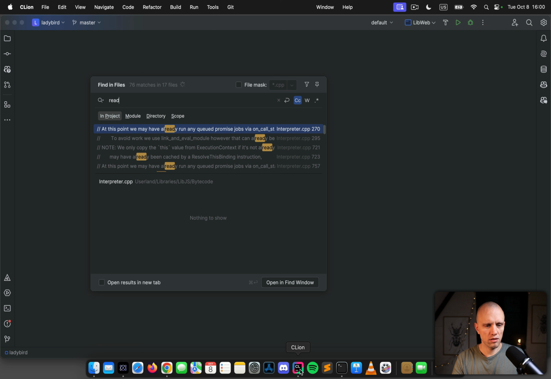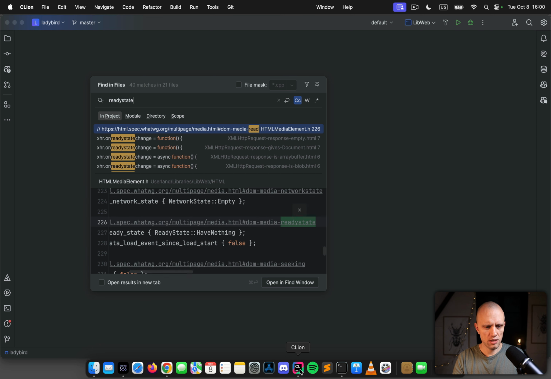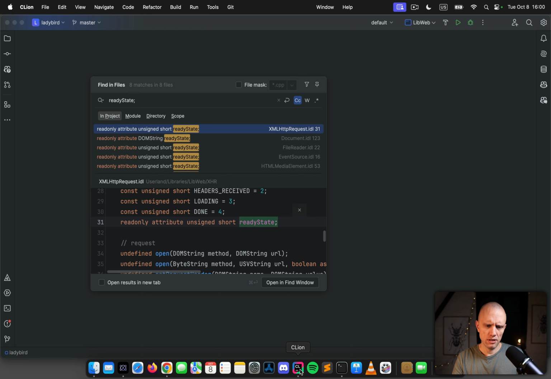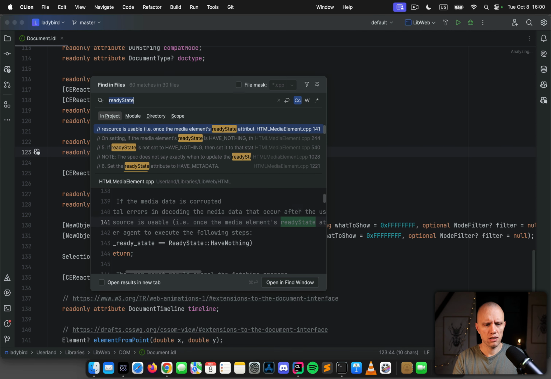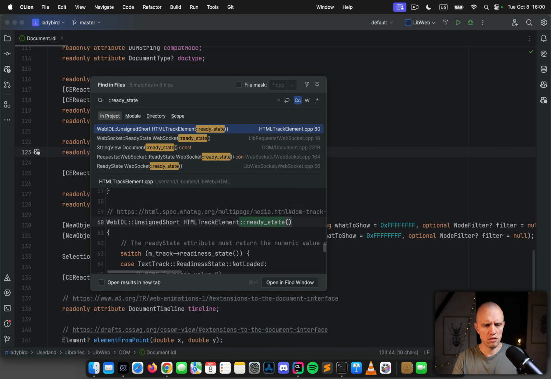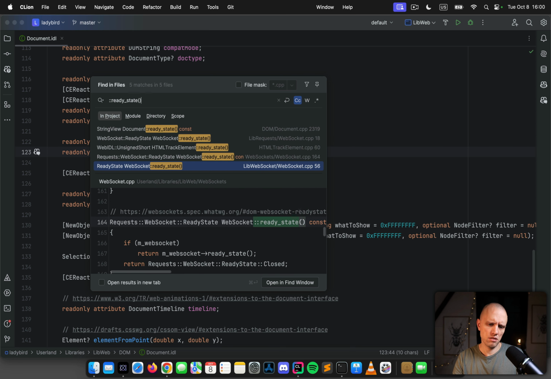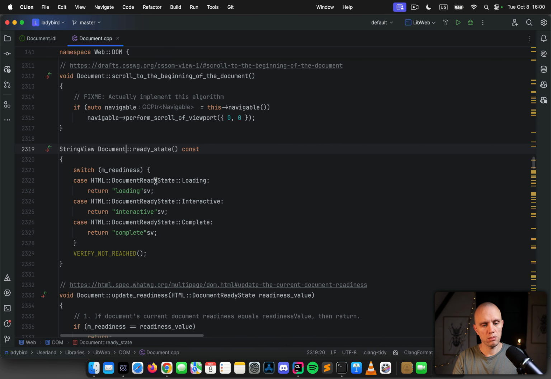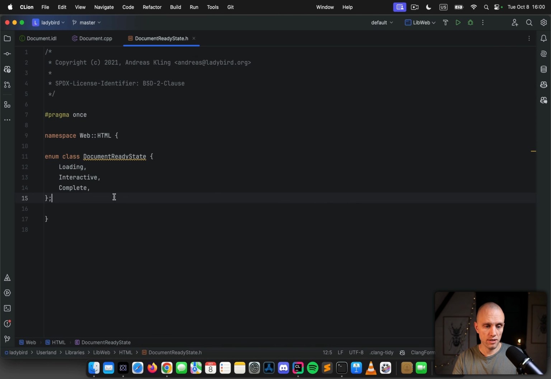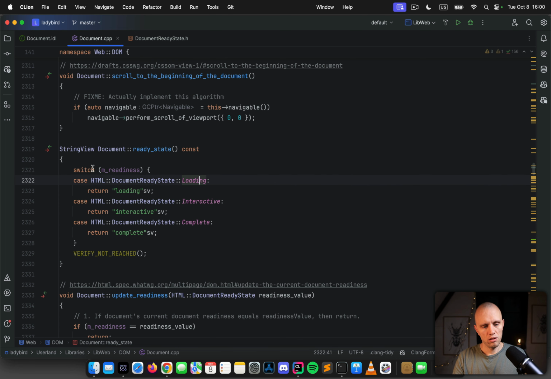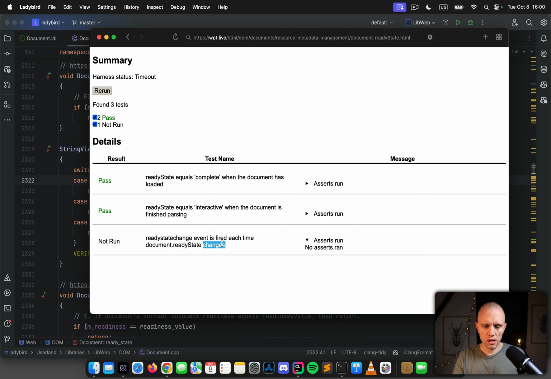And we definitely implement it, right? Yeah, we have that. So we have document ready state, which is totally implemented in document right here. Yeah. So it returns a string for those states, and those are all the states that we know about. So sounds like the problem is that we're not doing a ready state change event,